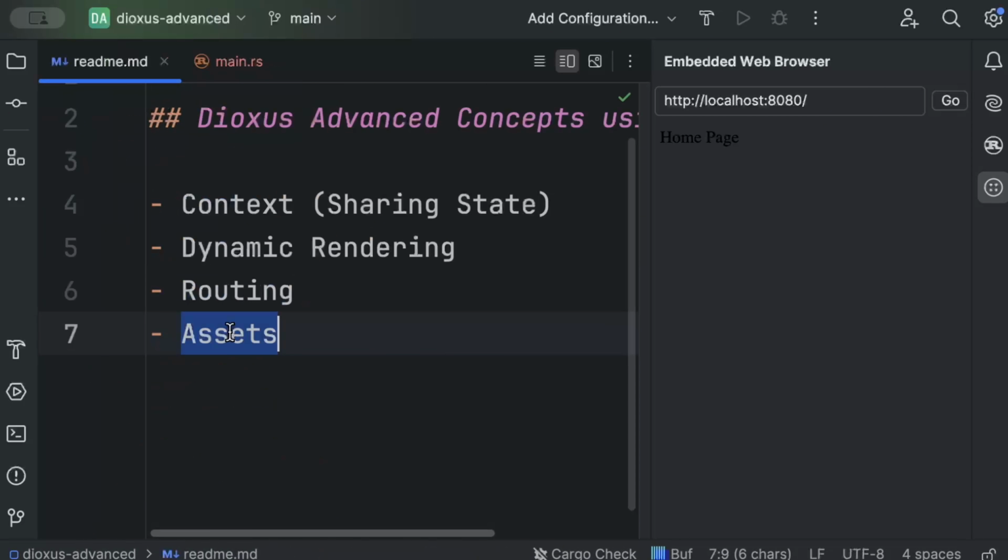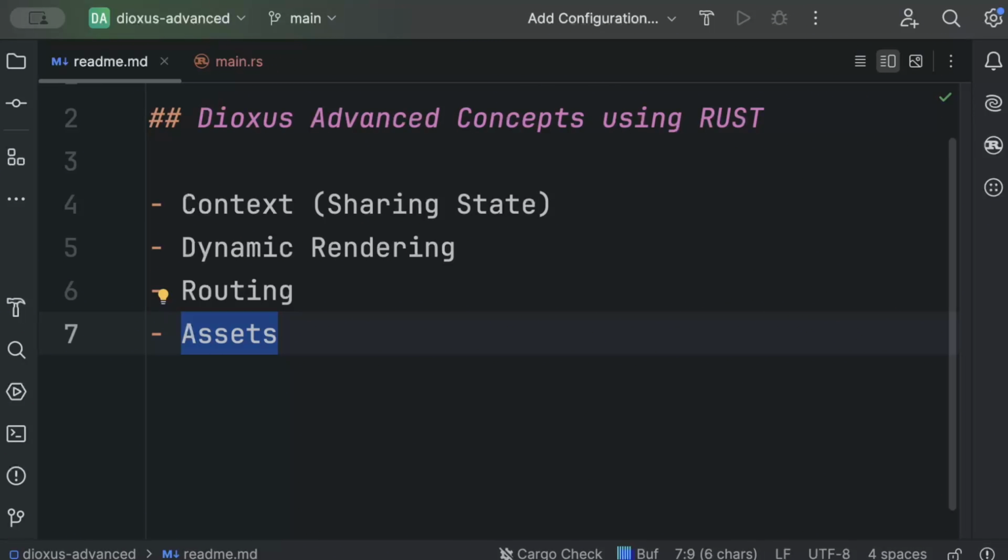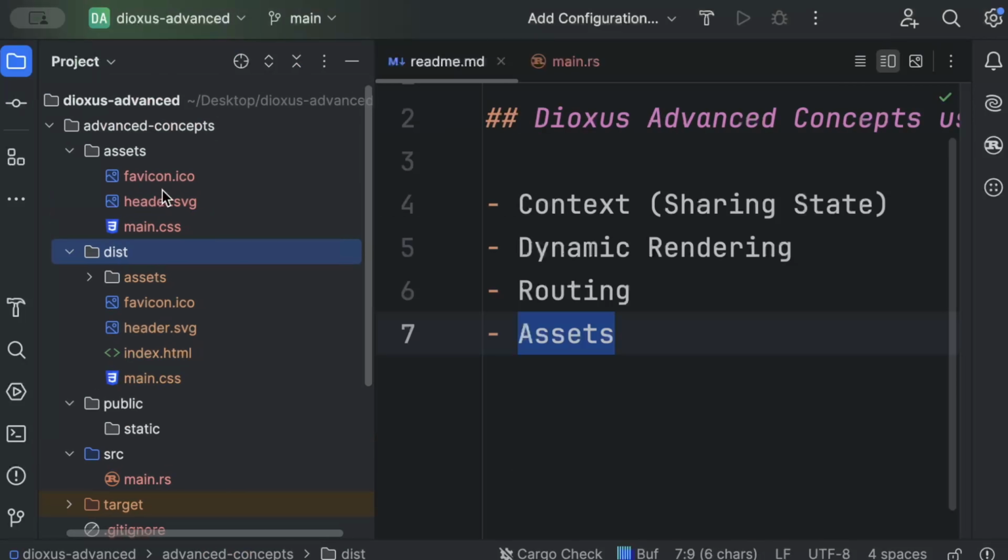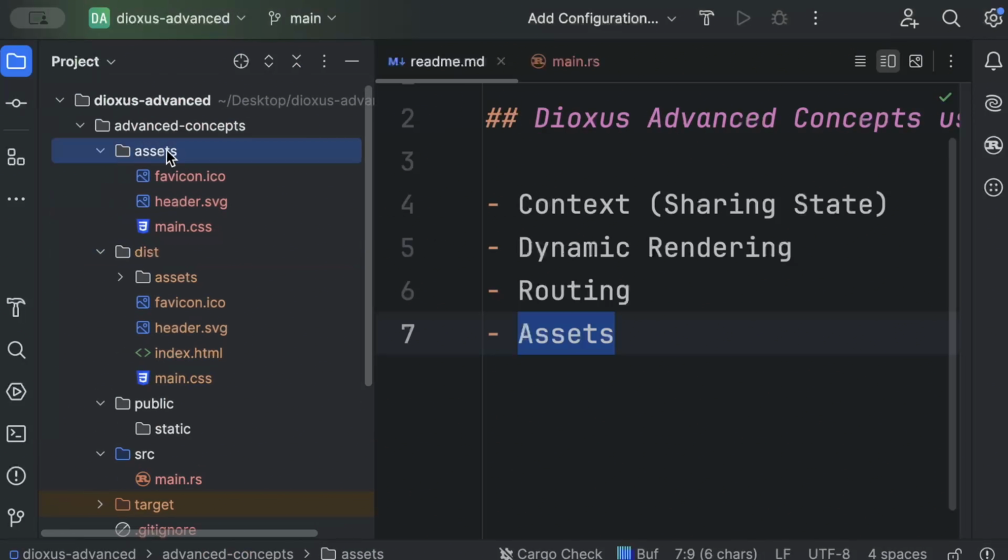And the last one for today is assets. Assets are files that are included in the final build of the application. They can be images, fonts, style sheets, or any other file that is not part of the source files. So let's see how we can refer to those images, where we can add them, and how they can be included in the final build. So first of all, move to the Project Explorer, and here in the assets folder, not